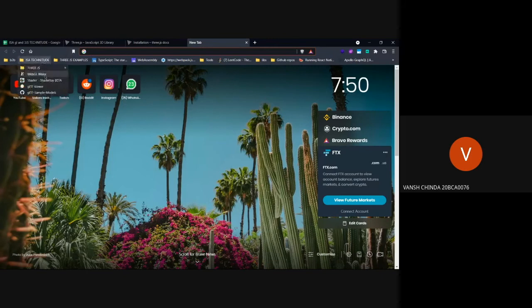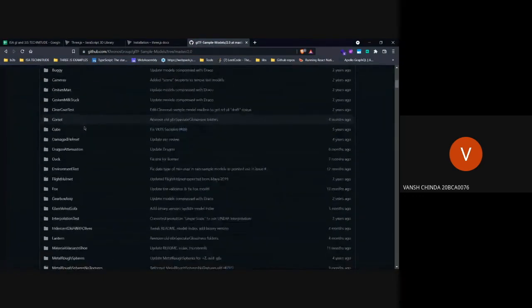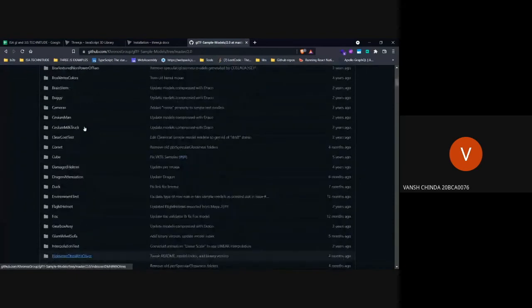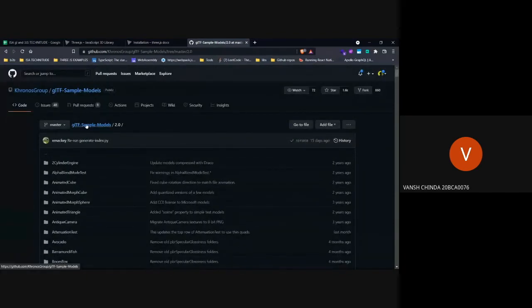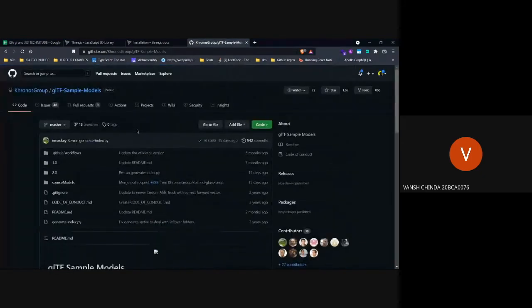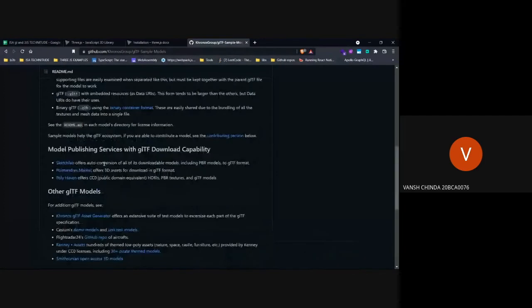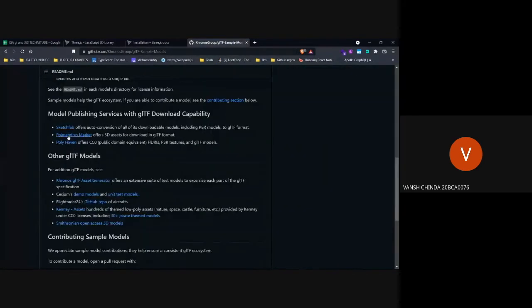Okay. So this is the website, GLTF sample models. There's a whole library of models there. You can get into a lot of these. And there's a website that I think services downloading these as well. You can see in the description here. I think it's somewhere. Yeah, it's here.